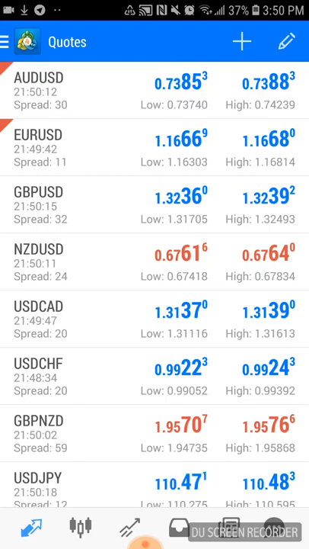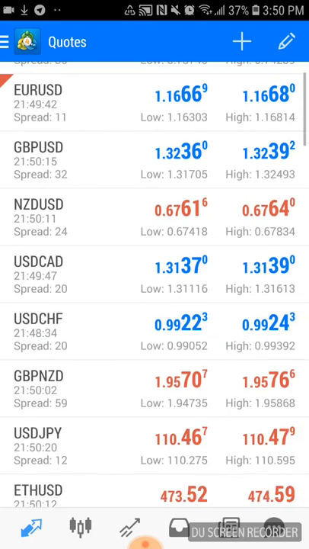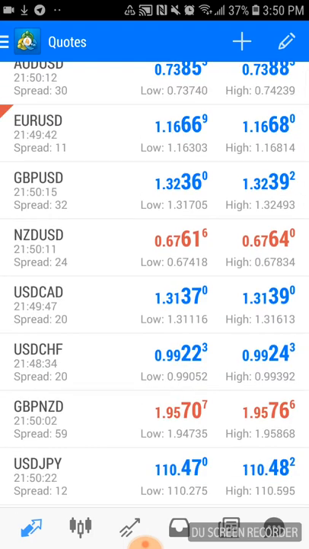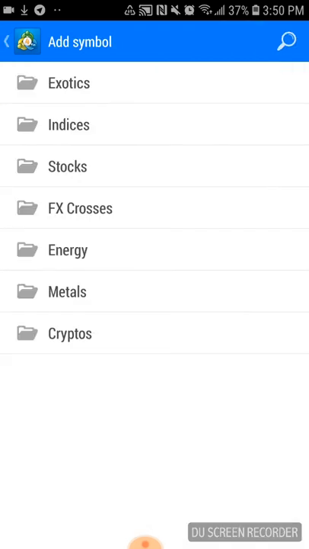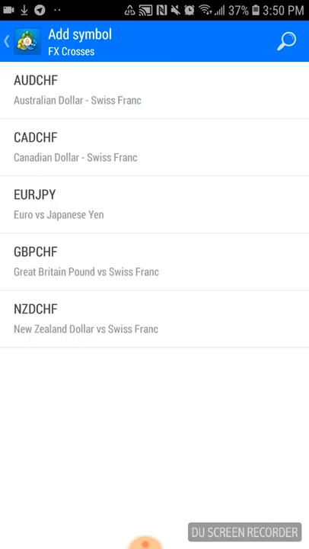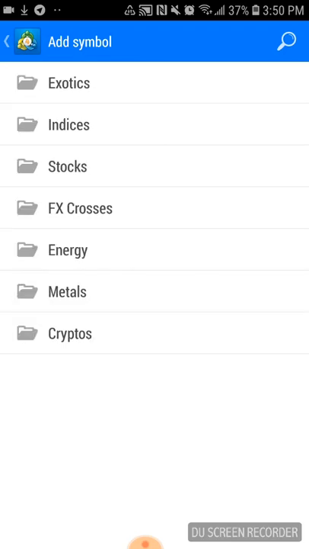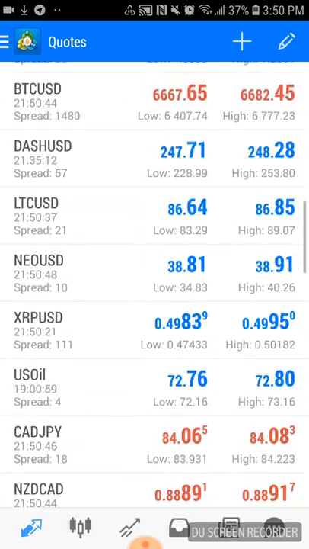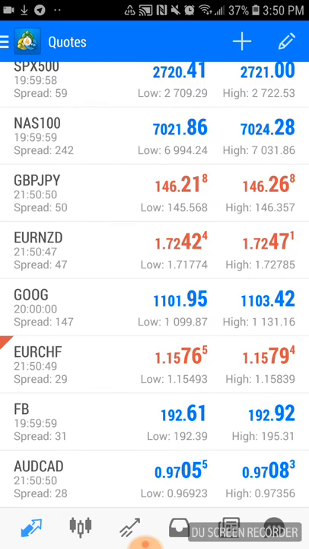You can easily add to this amount by clicking the little plus sign at the top. So you click that, you're going to have a drop down menu of different things you could potentially choose from. If I go to Forex crosses, for example, it'll just bring up a few other pairs I could select. So let's just say I want to use Australian dollar to the Canadian dollar right at the top. I click it, it disappears from that screen. I go back. Now if I go all the way to the bottom of my quote screen, there it is,